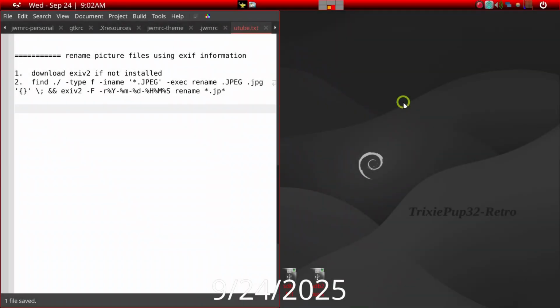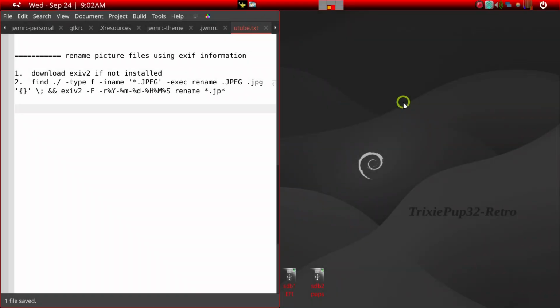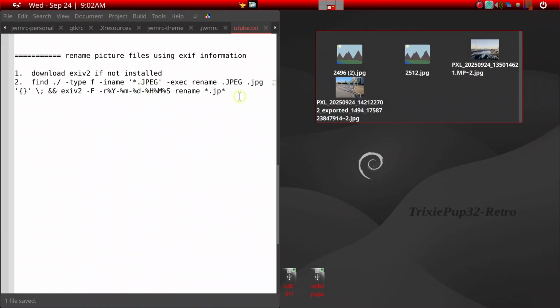I'm a long time photo buff. I want to go over a little utility terminal program called exiv2. What this little utility does is it can convert a photo file, all the digital photo files from digital cameras